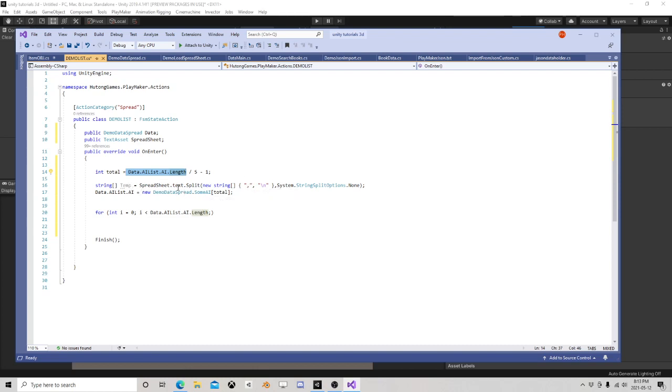And then we have our string temp, and it's splitting. We make a list, and this one's going to be that size. This down here